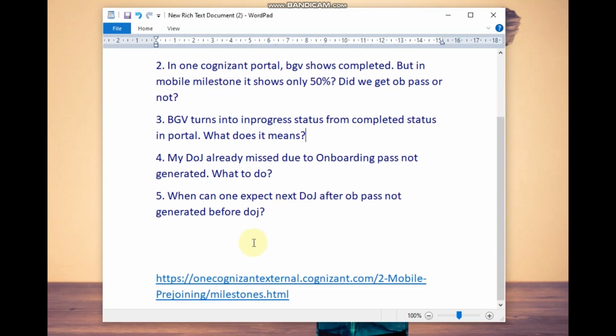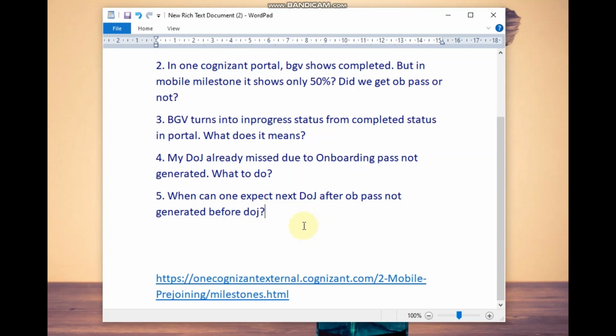So now coming to the next query, that is when can one expect the next date of joining after onboarding pass not generated. So see, you can expect your next date of joining only after 20 to 21 days.